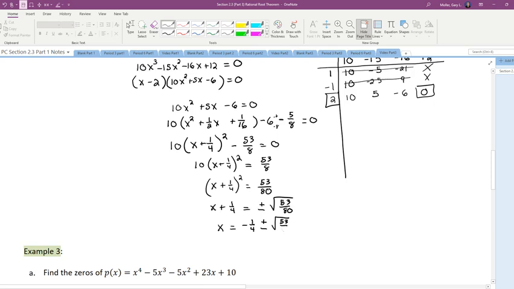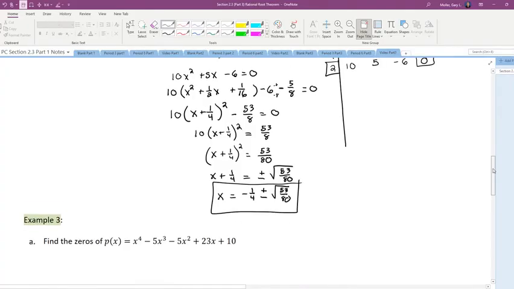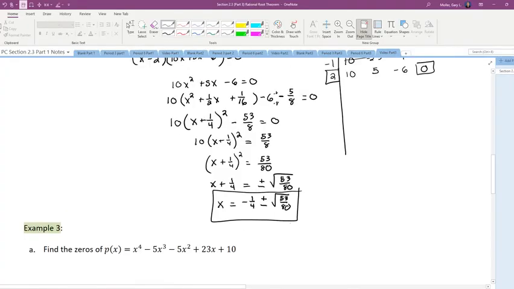All right, so let's just pause here. It asks for all the real zeros. Okay, so we did not get an imaginary answer out of this. It all worked out. So there are 2 more real zeros here because there is an answer to this question. And if I grab my calculator, I can get an estimate of what that is. So I'm going to do the square root of 53 divided by 80,